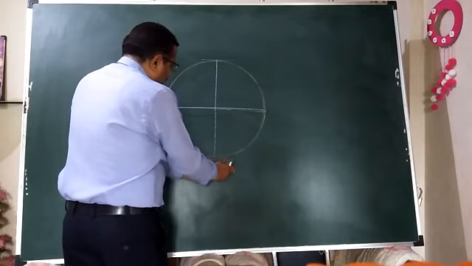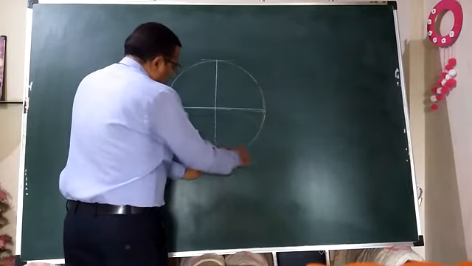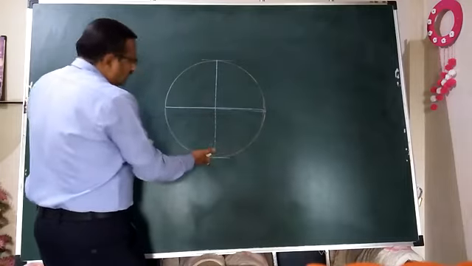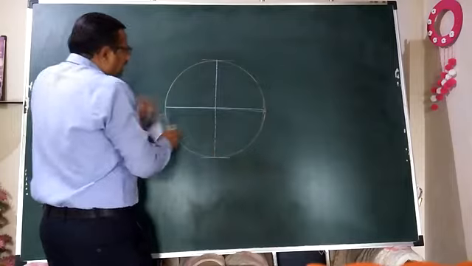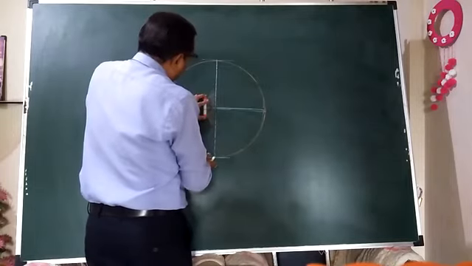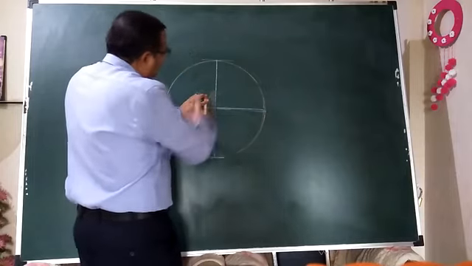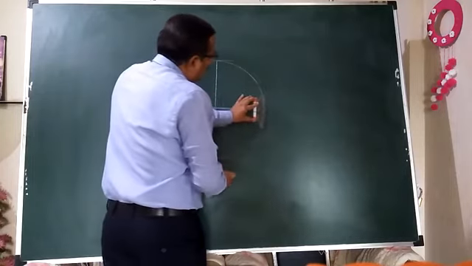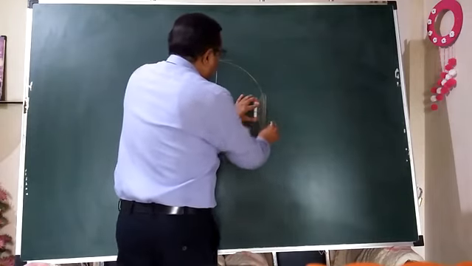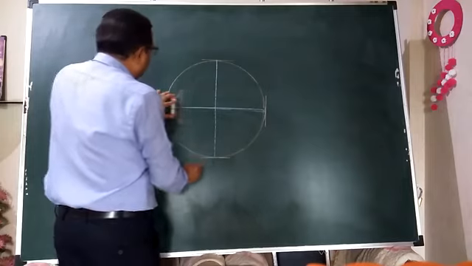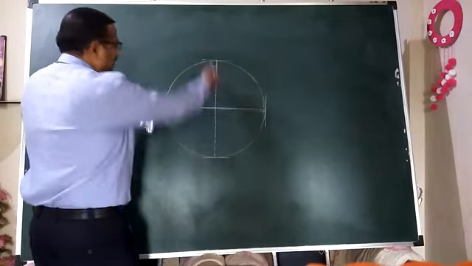And you have to construct a horizontal line parallel to this horizontal diameter line here. Naturally, this is again tangent to this circle. Similarly, what do you have to do? Get another two tangents parallel to the vertical diameter line in this way. Make it roll horizontally in this way. Get the vertical tangent here. Again, get it on the left side. Get another vertical tangent in this way, parallel to this vertical diameter line.